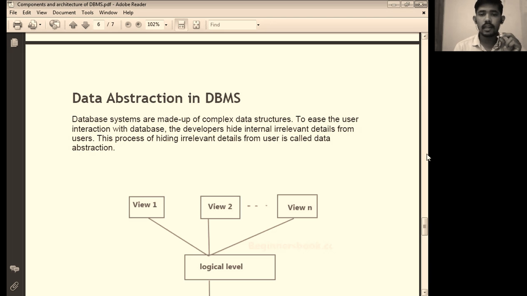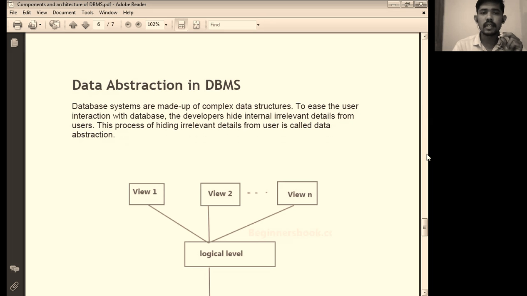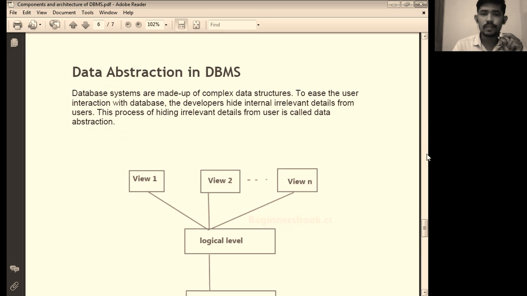So hiding irrelevant data from user is called data abstraction, means show only necessary data for user and other data is hidden from user. This process is called data abstraction in database management system.